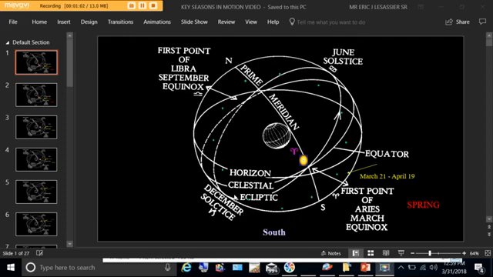As a review, we have the zodiac, which is 8 degrees on each side of the ecliptic, equaling a 16 degree path. These planets intersect these signs at this point, and that creates the beginning of the spring equinox, and at its opposite, the